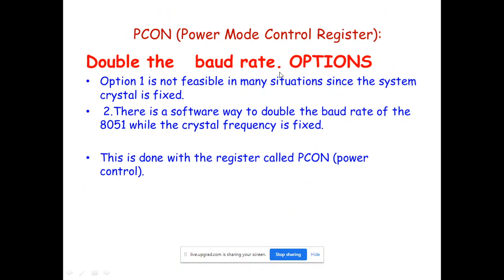Now next, every time you are calculating the baud rate, but sometimes you want to double the baud rate. There are two ways to double it. First way: we know that the baud rate is calculated from the crystal frequency. The crystal frequency divided by 12 is the machine frequency, and the UART frequency is divided by 32, and that's why it comes to